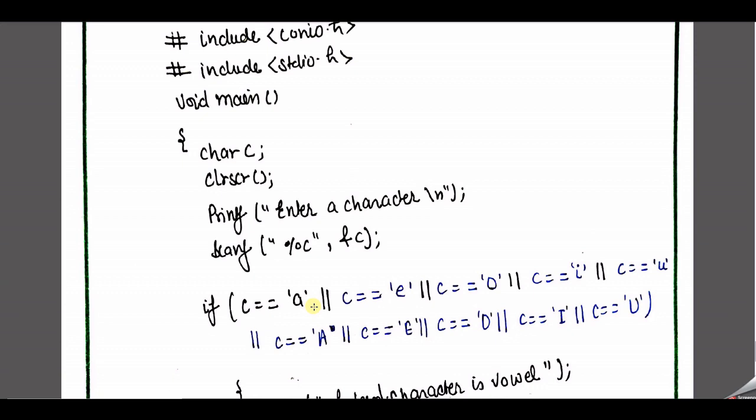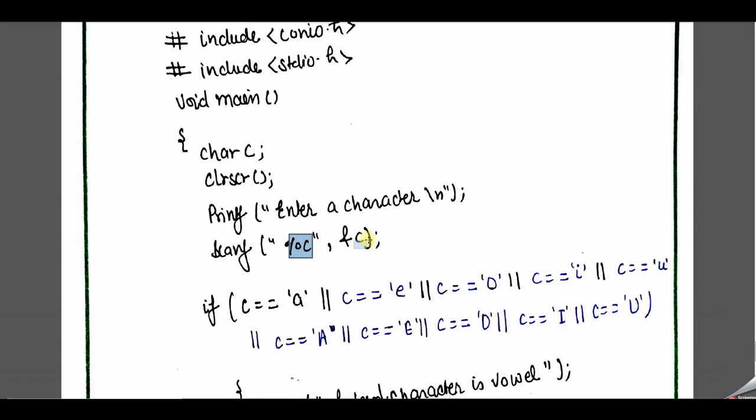So we need to always mention the OR operator. Okay, so here first we need to take a character from the user and store it in the format specified %c. For that, our compiler can understand and instruct our input device to accept only character type data, not any integer, not any special symbol, not anything else, only a character.